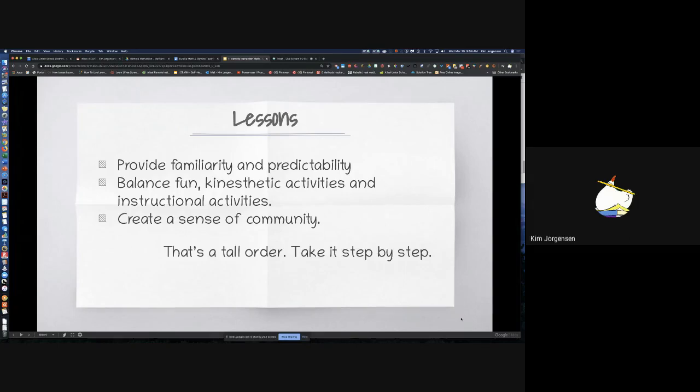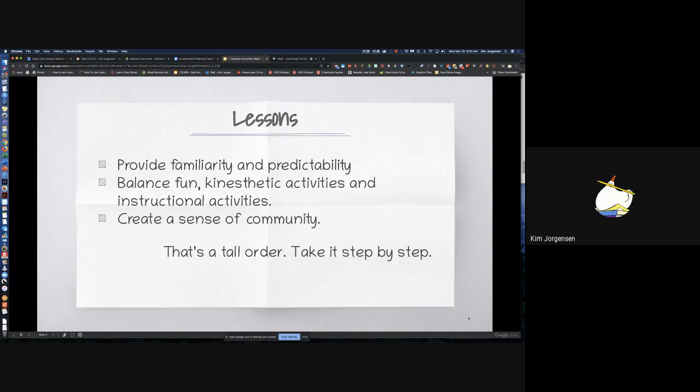Considerations for when you're trying to create these lessons. Like I said before, you want to provide some familiarity and predictability. This is what we used to do in class. It looks familiar to me. It's not something brand new. All of this tech stuff is brand new. That's hard enough. Oh, good, this is the same thing we did. I'm recognizing it. These are the points that Anna gave us when she did hers.